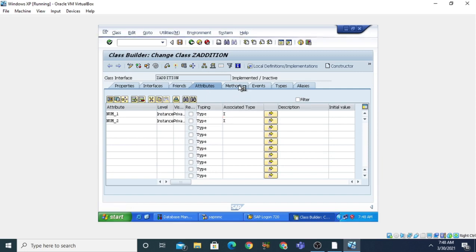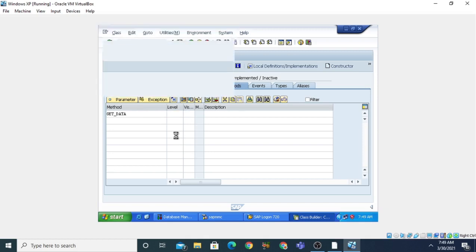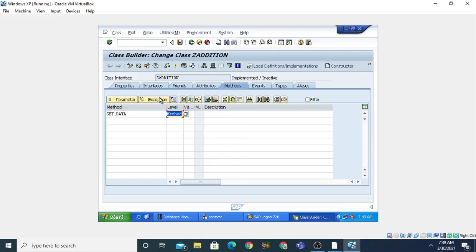Now click on the methods tab. When you click on this methods tab, it will ask for the method you want to create. Suppose a class contains a first method, that is get_data, and then we need to define the level again. The level is instance method, so click instance method, then we need to specify the visibility mode.